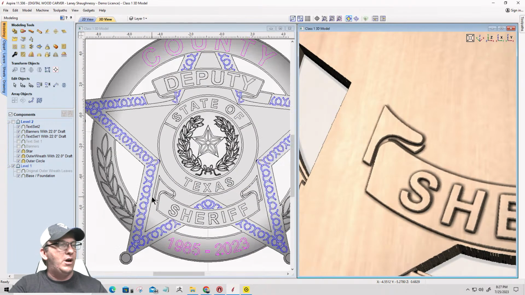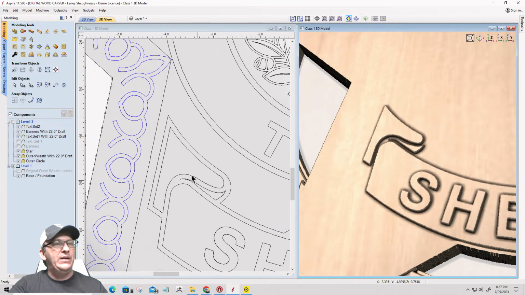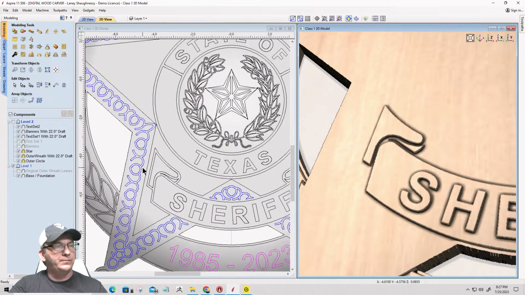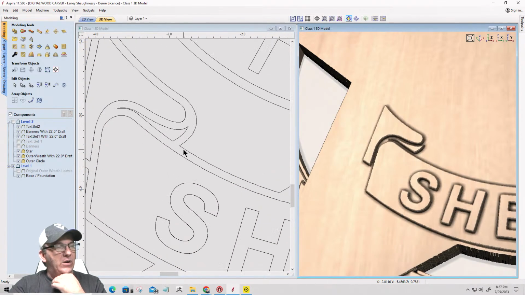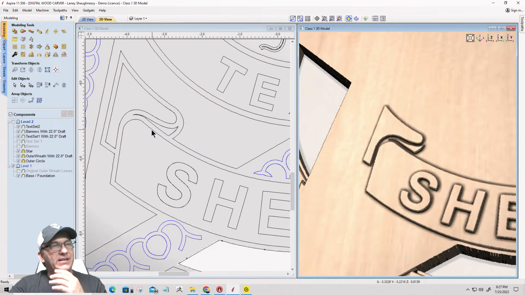I could redraw the shapes and stuff so it kind of flows where this flows to here, and this bottom curve flows into there. I could redraw that, but